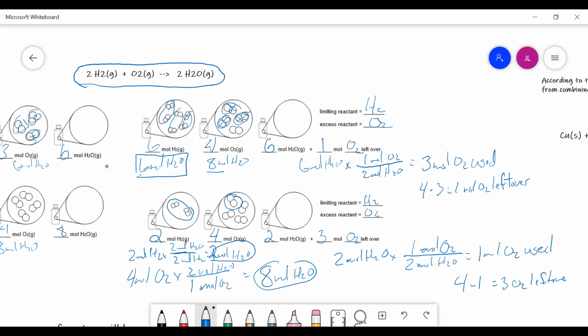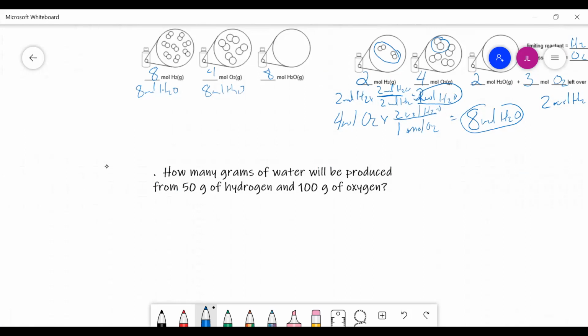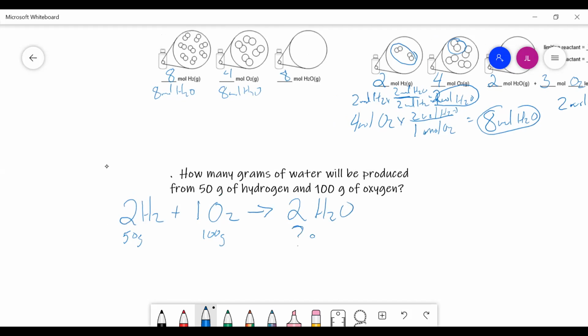So now let's look at, what if I did this with the same thing, but now I'm going to use grams of hydrogen and grams of oxygen. So I'm going to go ahead and put our formula here. H2 plus 1 O2 gives me 2 H2O. I have 50 grams, and this just makes my life a little easier by doing this. 50 grams of H2, 100 grams of O2, and we want to know how many grams of H2O would we